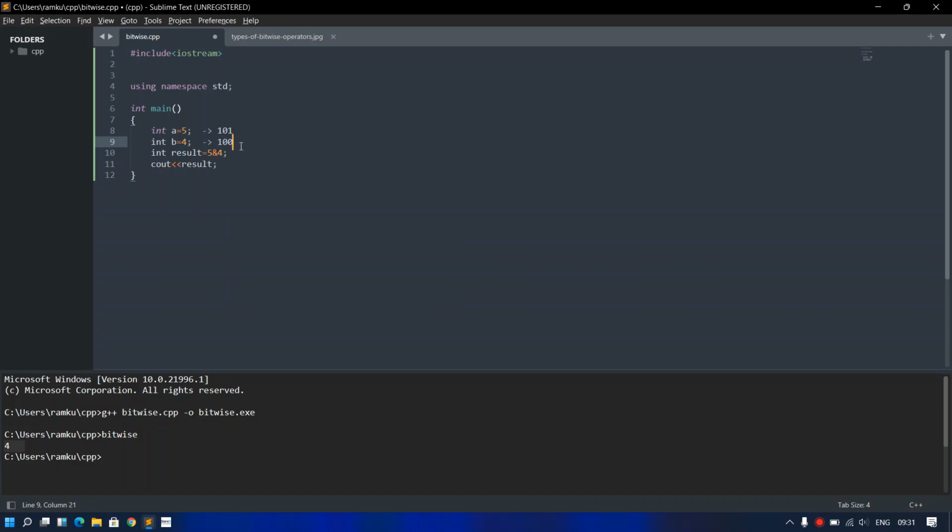When we apply the AND operation here, starting from the left, 1 AND 1 gives us 1, then 0 AND 0 gives us 0, and 1 AND 0 gives us 0, because the AND operation is applied. So this is the binary value of 4, and therefore it is outputting 4.